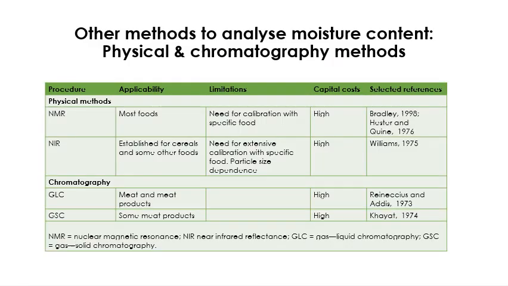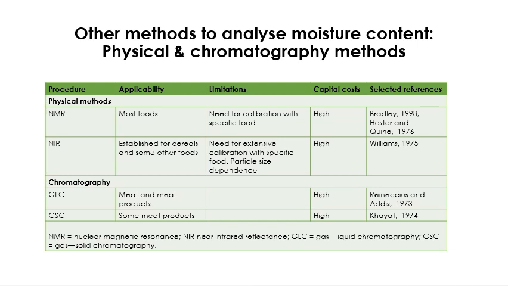Okay, we also have these other methods that we can use to analyze moisture content. It falls under physical and chromatography methods, as I mentioned before. These methods are expensive because they use high throughput instruments. For example, for physical methods, we can use nuclear magnetic resonance, or NMR, as well as near